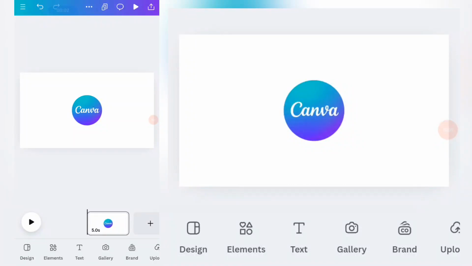So in today's tutorial, I'm going to show you how to create a rolling animation on Canva. The way to create it, first you need to open your Canva and then create this video project. And now on the blank page, you can insert your logo or maybe any element that you want to create